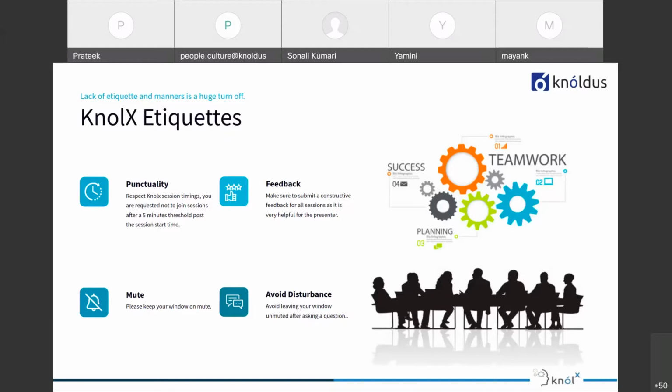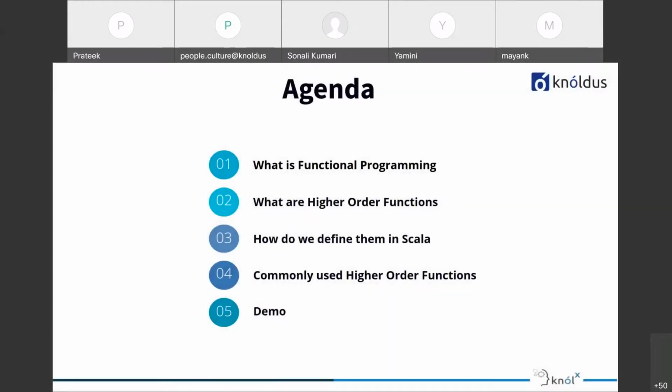So now let's move on towards the agenda for today. So am I audible now? Yes, you are. Okay. So our agenda for this session will be, first, we'll go through what is functional programming, as it is a base to understand what are higher order functions. Next we'll move on to the higher order functions, what are they.